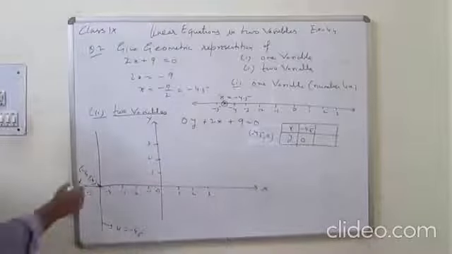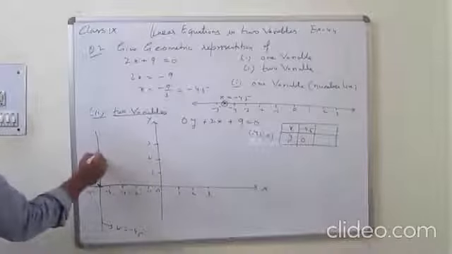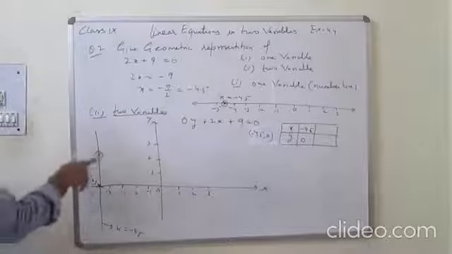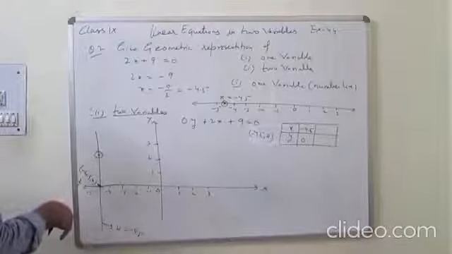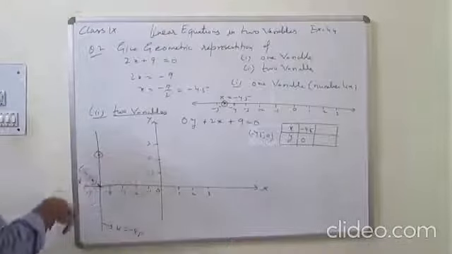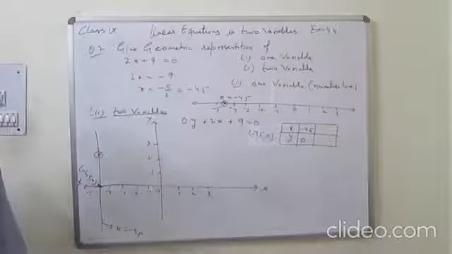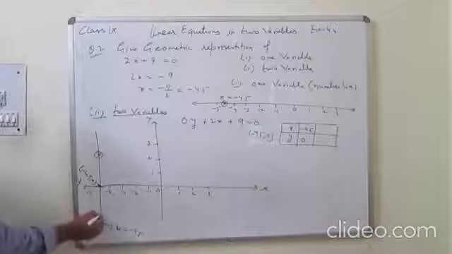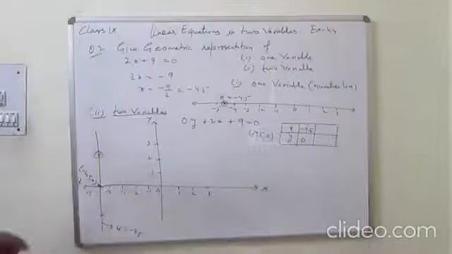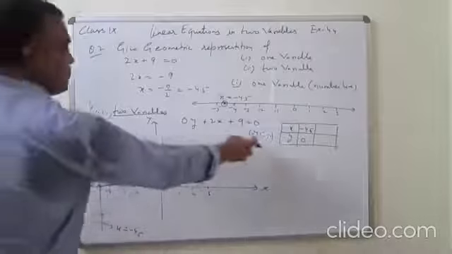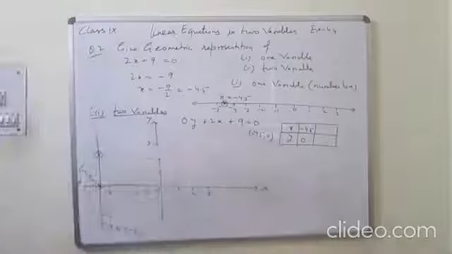If you take any other point, suppose you take this point. What is this point? At this point, minus 4.5 will remain fixed and y will come out as 2. Minus 4.5, 2. And you can take another point here. So which point is fixed? X point is fixed. X point is fixed on the line.